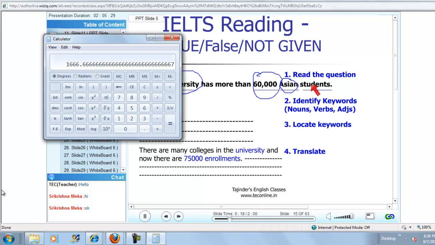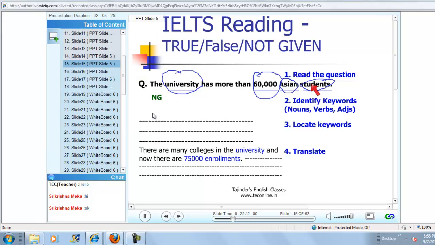Origin is one object. And students is another object. Now the question here is having one object missing, which was origin. So these are the mistakes, Sri Krishna, which happen in the reading. So whenever you attempt the